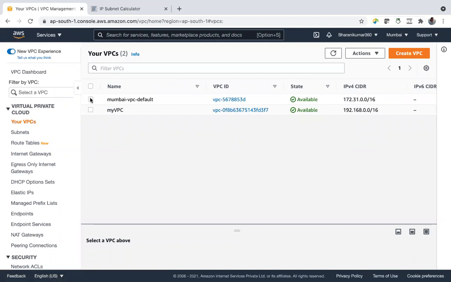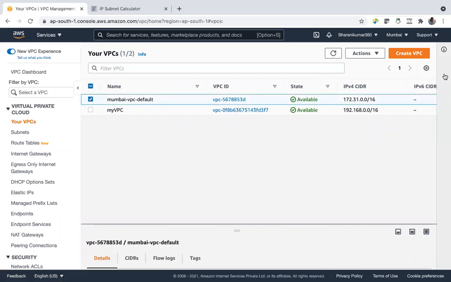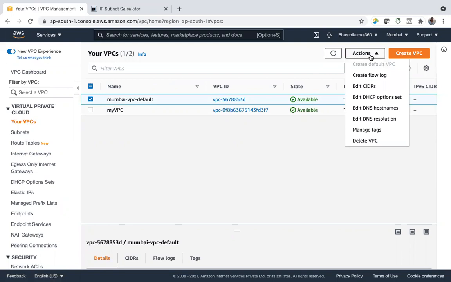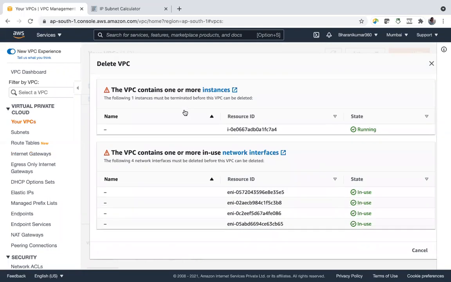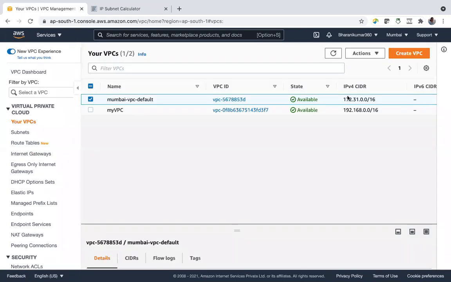I think you can delete it, because some people said they have accidentally deleted it. Don't delete it, ma'am. Maybe if you delete the VPC, you are unable to delete something. Yes, we have these EC2 instances in use and other things. If they are not there, I think we can delete. Because some of our older participants said that they have deleted the default VPC. I have not done it, but there is a chance. You can delete the default VPC.